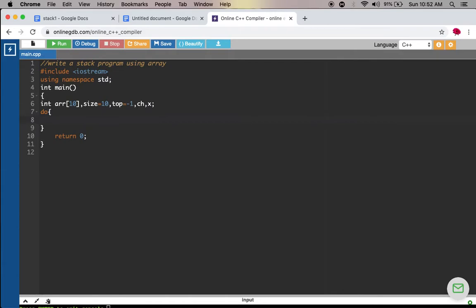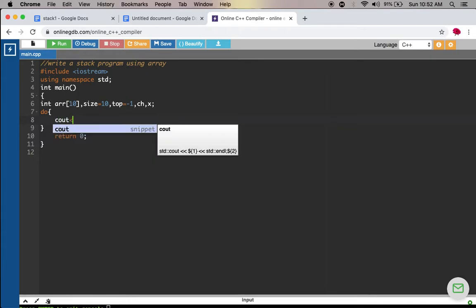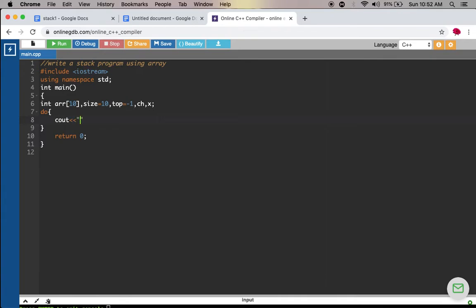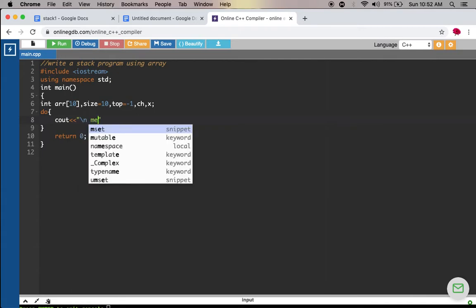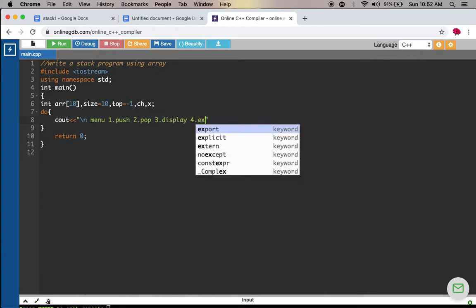Why did I select the do while loop to write this program? Because the do while loop is especially used to write menu items. So here I am writing a menu to perform push operation, pop operation, display operation, and exit.